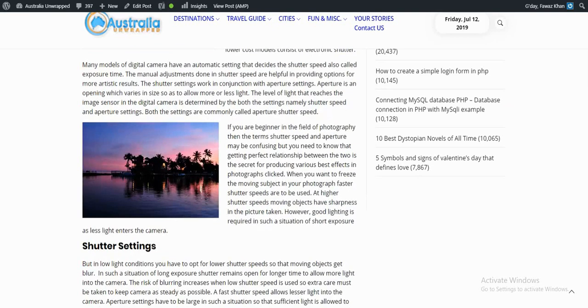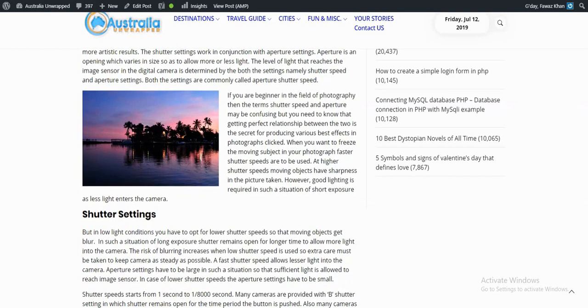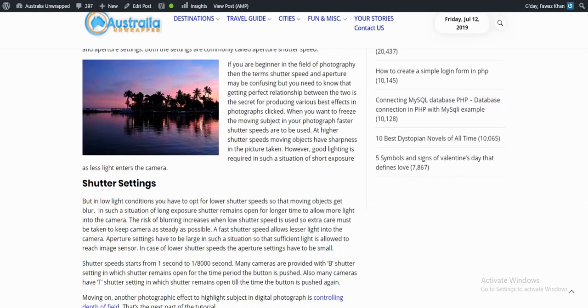If you are a beginner in the field of photography, then the terms shutter speed and aperture may be confusing, but you need to know that getting the perfect relationship between the two is the secret for producing various best effects in photographs clicked. But in low light conditions, you have to optimize for lower shutter speed so that moving objects get